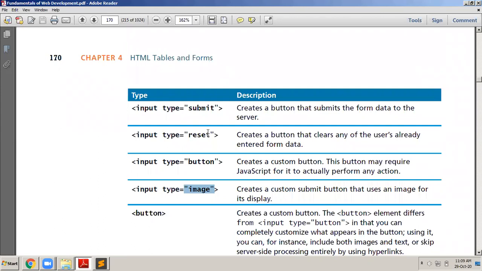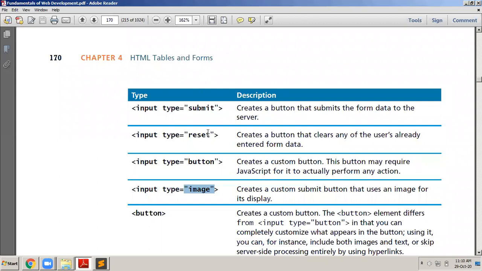A little more than one minute is remaining, so I think I will stop the class here. I hope the concept of forms is clear to all of you. You have understood the difference between the get and post methods, the different attributes of the form tag, and the meaning of a query string.